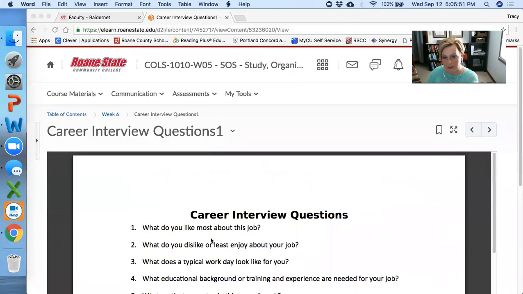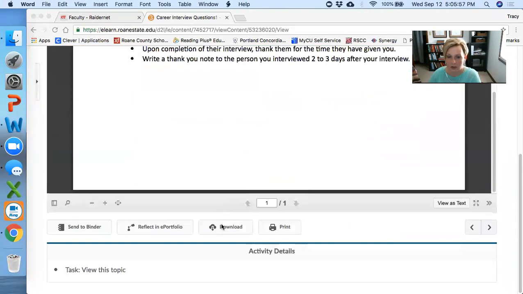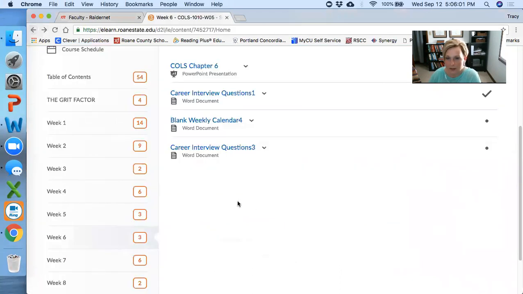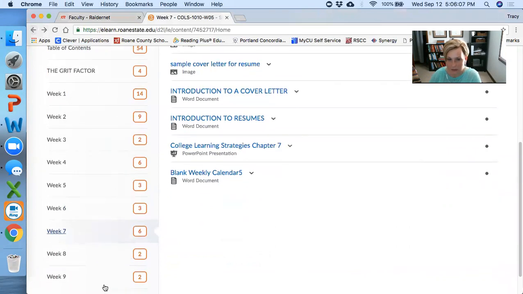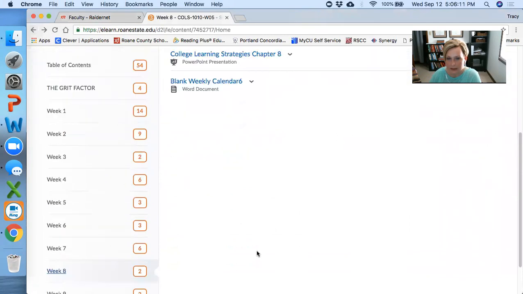And so basically you will type up the answers to these questions, save it as a Word document or as a Google document, and then you will upload it to Dropbox. And then there should be a timesheet included where your hours are verified. Let me see if I can find that.